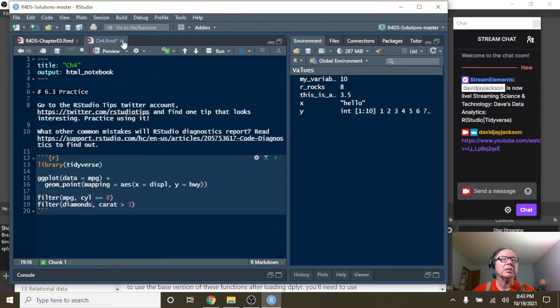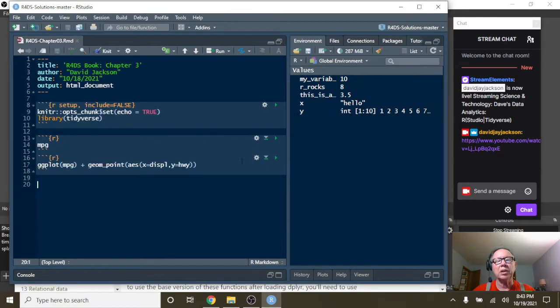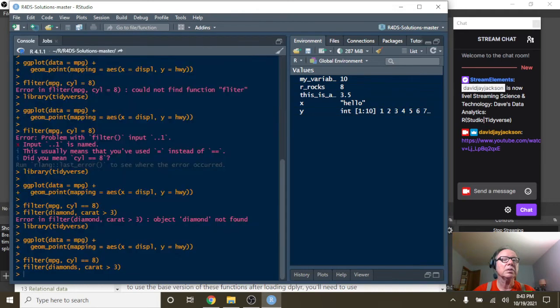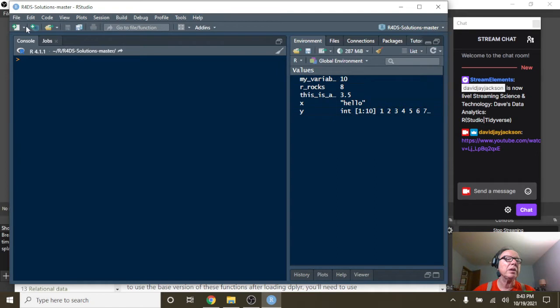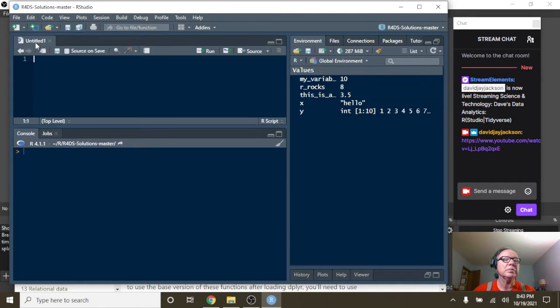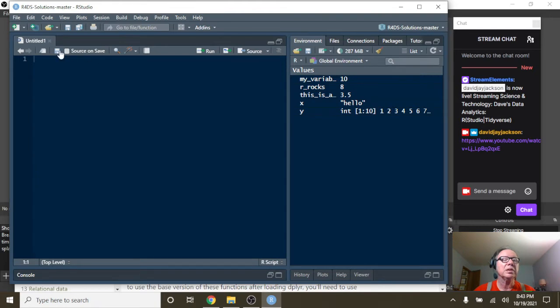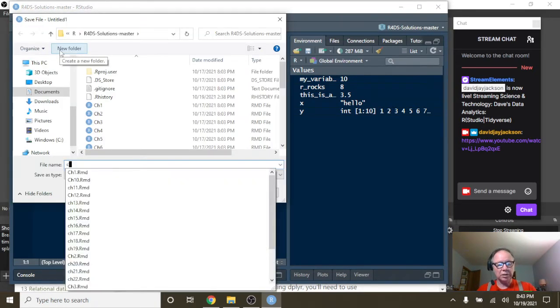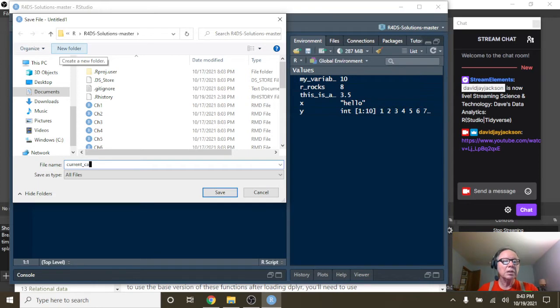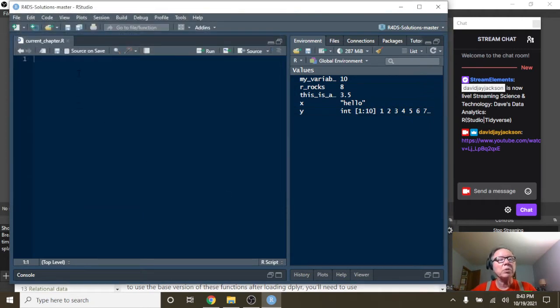You know what? He hasn't introduced R Markdown, so let's just come up here. Okay. And let's create an empty R script. And let's just call it, let's call it, okay. Of course, the current chapter, whatever chapter we're actually working on at the time. Okay, so now